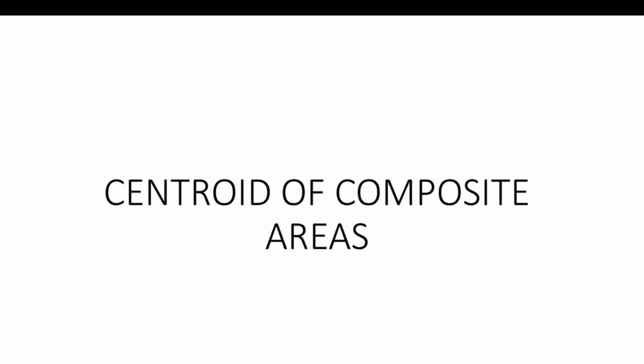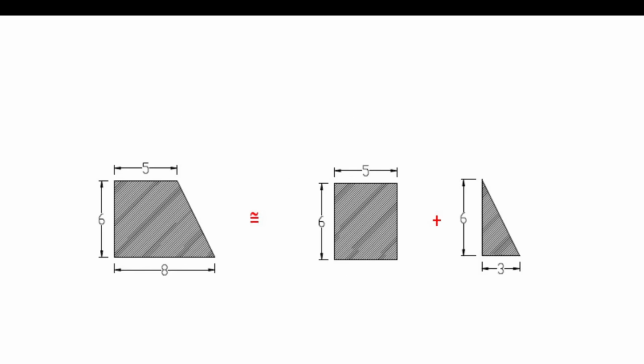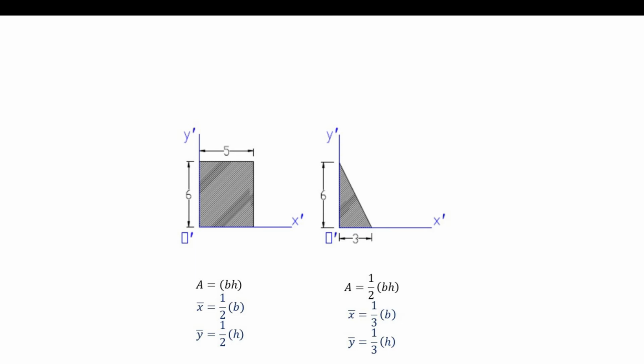You can see the shape here. The units on all the dimensions are in centimeters, and it is not going to be obvious where the centroid of that section is, just because it is not a uniform shape. We are going to split it into its component areas. We can break this into one rectangular area and one triangular area. Now we will find the area and centroid of each of these sections.